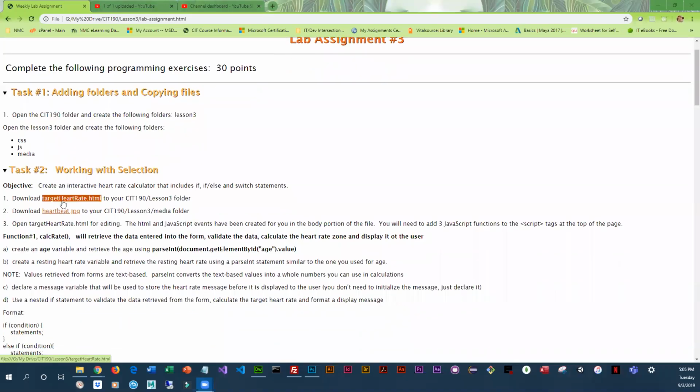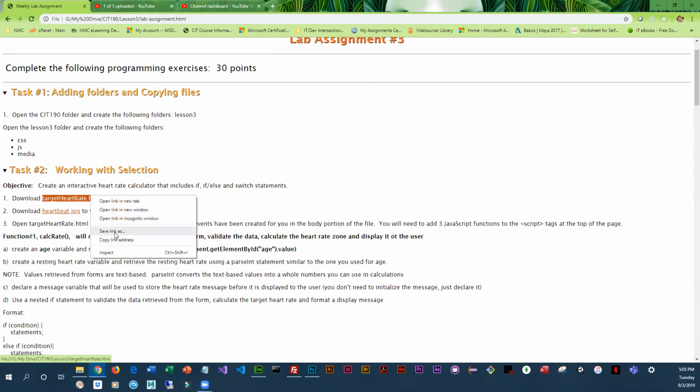So I'm going to work through how to do the target heart rate. We're going to download this HTML file to our lesson 3 folder. It does work best if you use Chrome or Firefox. Microsoft Edge and Internet Explorer are not really good choices for downloading because they sometimes will change your file. So I'm going to right click, save link as,